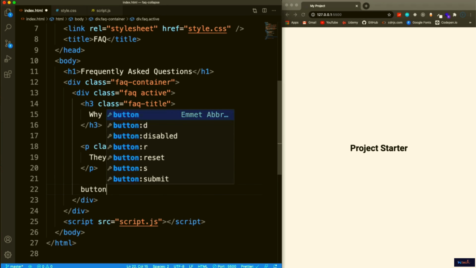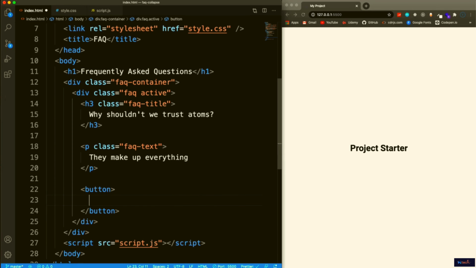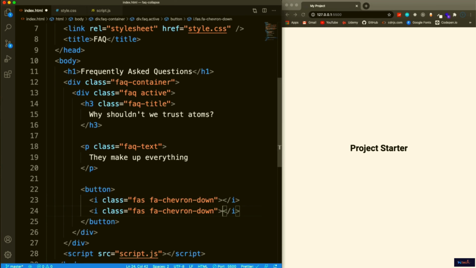Then we want our button. Now we're going to have either a chevron down button if it's retracted, and if it's expanded, we'll have an X button or times button. So let's do an I tag here. So fas, Font Awesome, fa-chevron-down, and under that we're going to have an fa-